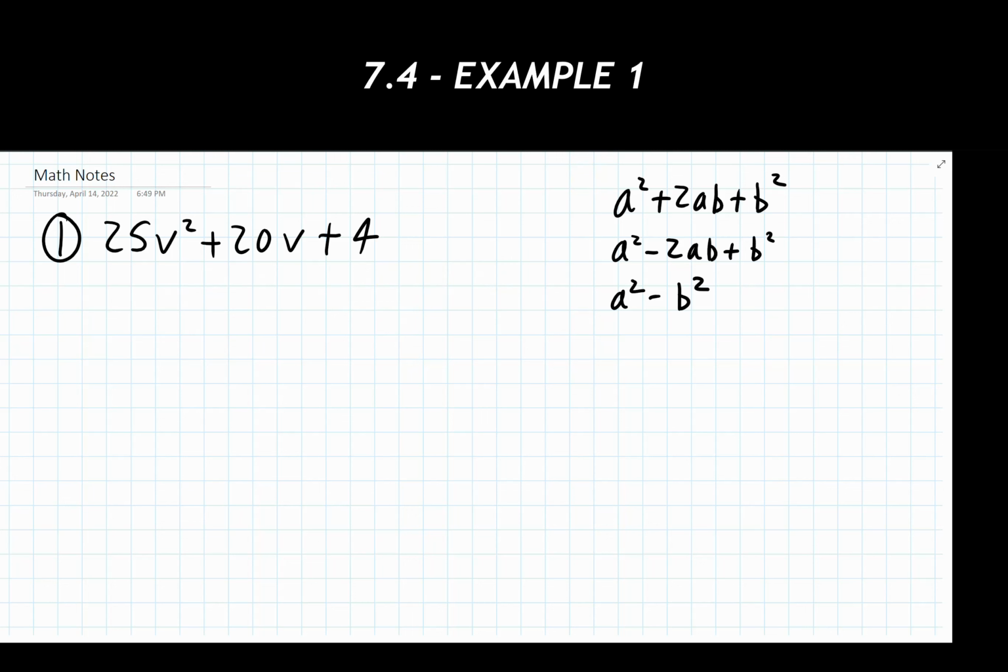Now I'm looking at this thing and I'm saying, all right, well, this has 3 terms in it. Maybe, just maybe, this thing is a special product. Maybe I could factor that thing. My recommendation, if you were trying to determine if this is a special product or not, is to look at the first and the last term in that polynomial. So we take a look at the first term that we have here and the last term that we have here. And we notice that the first and the last term are both perfect squares.